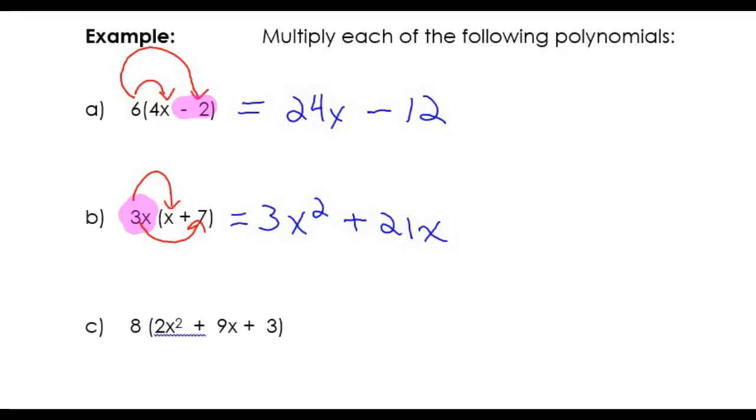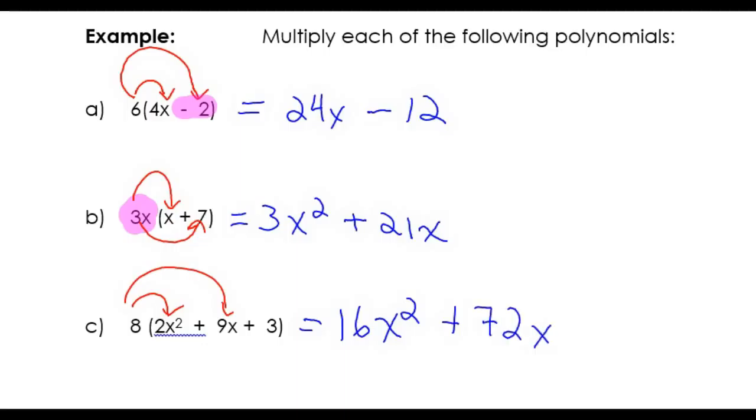So some students will look at this next example and they might find it a little bit daunting, but it's really just a longer question, not a harder question. So let's tackle it. Instead of having 2 terms, I actually have 3. So this is in fact not a binomial, it's a trinomial, but the process for solving it will still be the same. I'm going to multiply each of my terms inside the bracket by the value located outside the bracket. So 8 times 2 will give me 16. And then there's no other variable to multiply the x squared with, so it just gets carried along. And I'm going to say 8 times positive 9x, and that's going to give me a positive